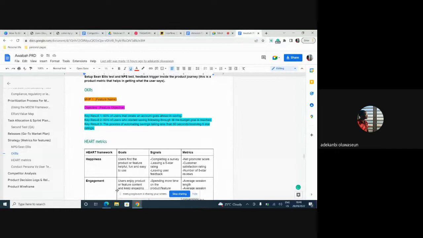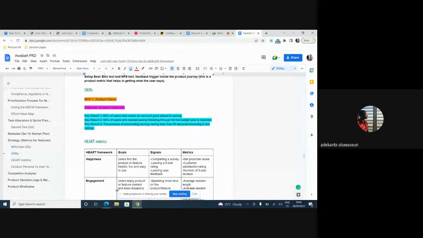So I'm going to give you a guideline, obviously. Definitely, I'm going to give you guidelines, but I want you to know that in the real world, there's nobody that is going to give you a guideline. When you get that job, there's nobody that will tell you, oh, you need to do this, you need to do that. You need to think on your feet.